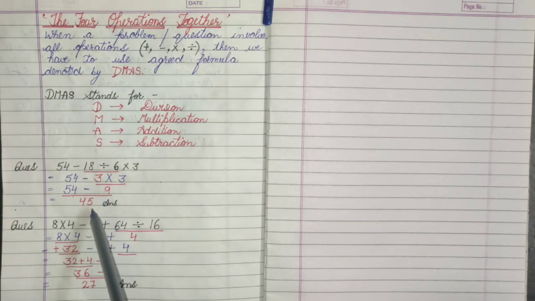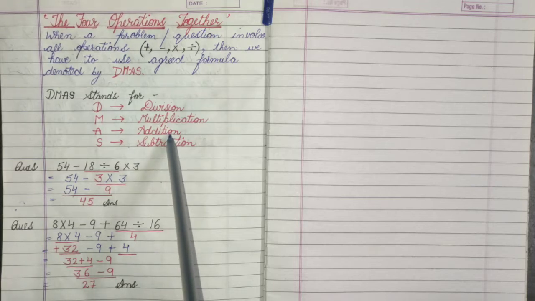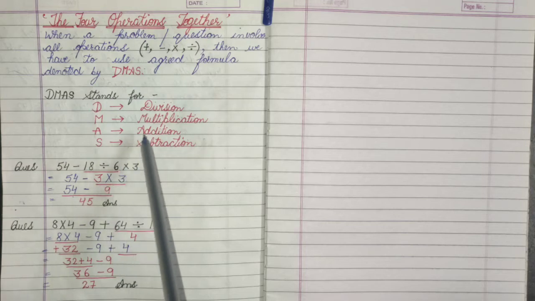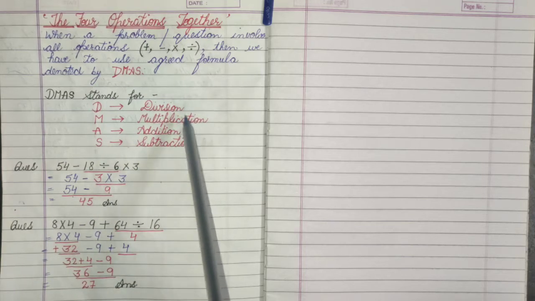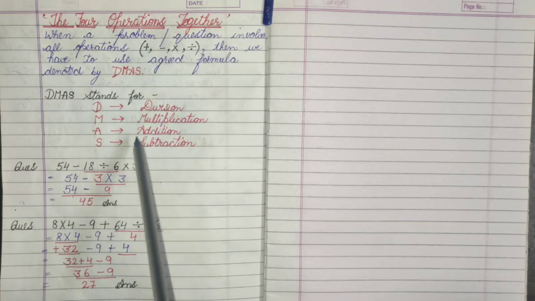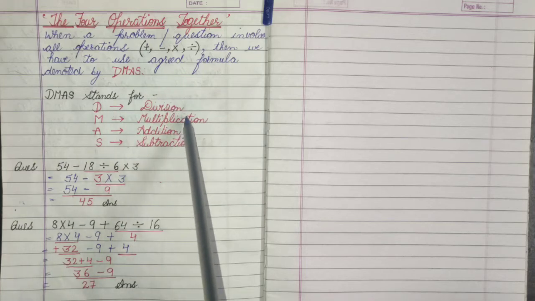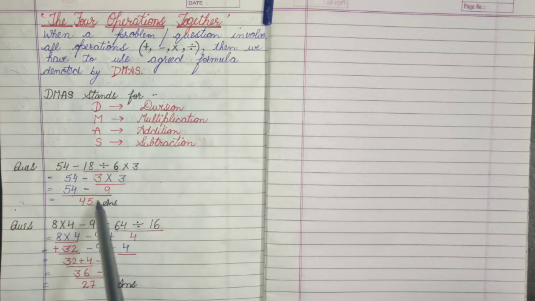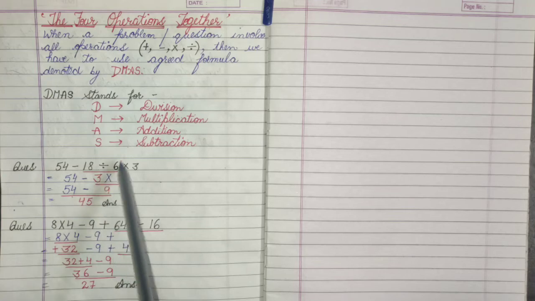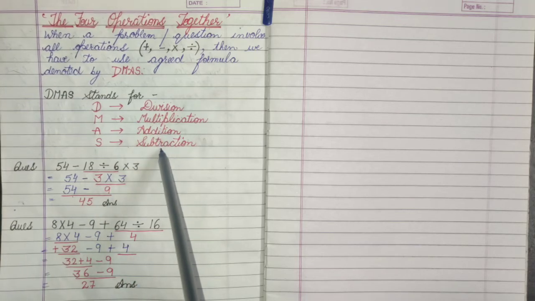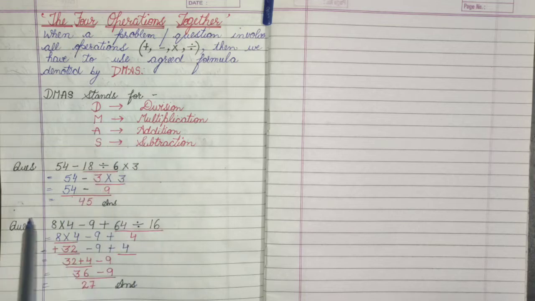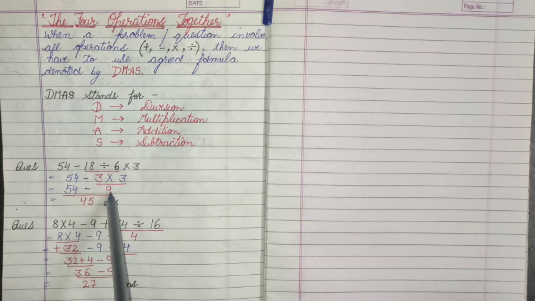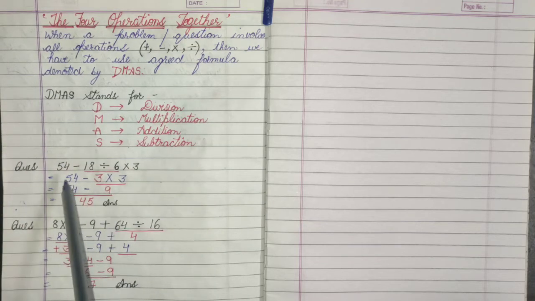Now, what we have to do class? We have to do addition, but you can see there is no plus. So in that case, if any of the operation is not there, we will leave that operation and move to the next. So after multiplication, we will go to subtraction. Why? Because in this question, addition is not there. So after doing multiply directly we will go to subtraction. So hence we have to do the subtraction. So first of all we will underline those numbers which are involved in subtraction.